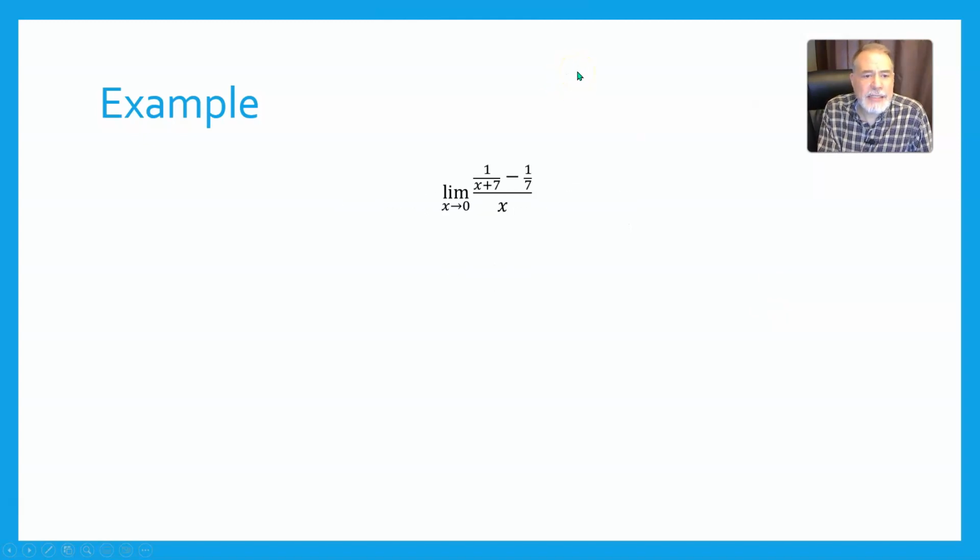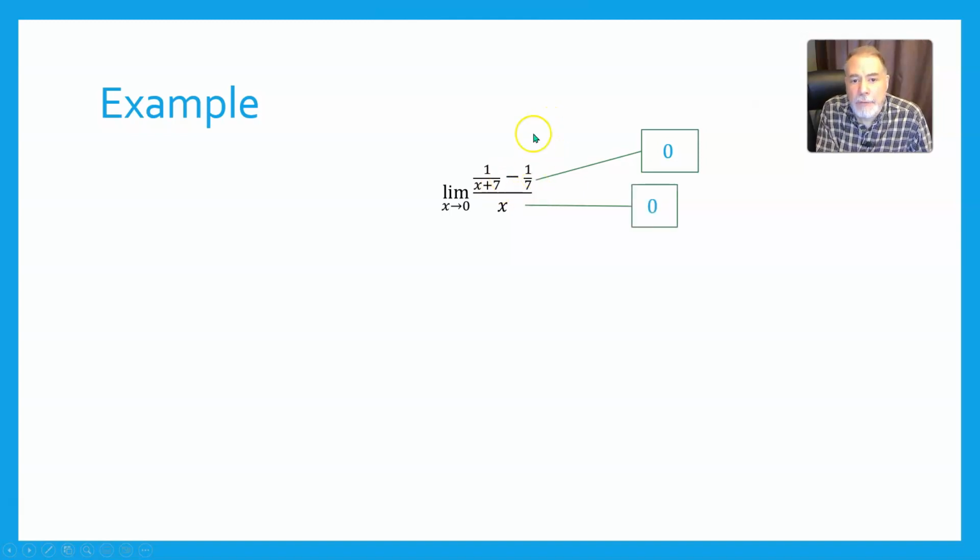What's the limit as x approaches 0 of (1 over x plus 7 minus 1/7) all over x? So the numerator is approaching 1 over 7 minus 1 over 7. That would be 0. The denominator, of course, is also approaching 0. So here's another one of those 0 over 0 situations. Can you think of anything we could do to rearrange or rewrite or simplify or transform this function into something